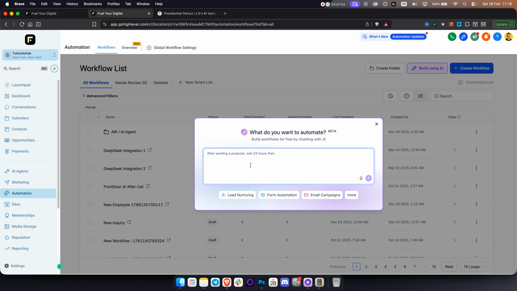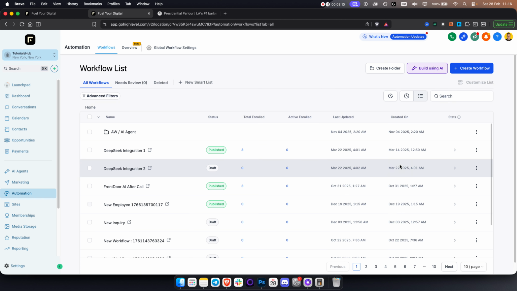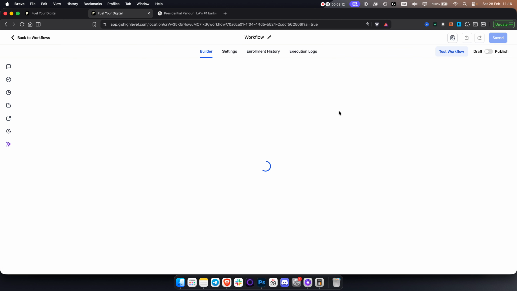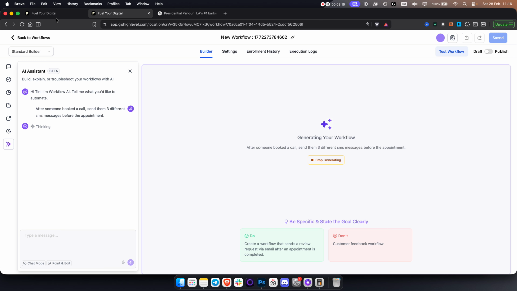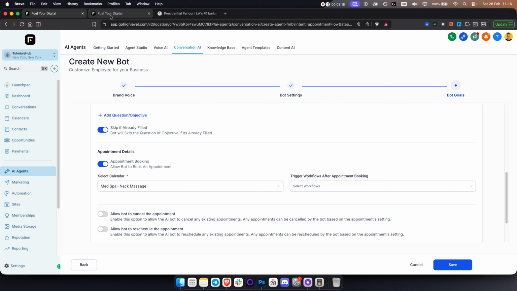So after someone booked a call, send them 3 different SMS messages before the appointment, okay? And then hit this, and this will create an automation for you that you can adjust right here. And by the way, in order for this to work, you will need to go to settings,